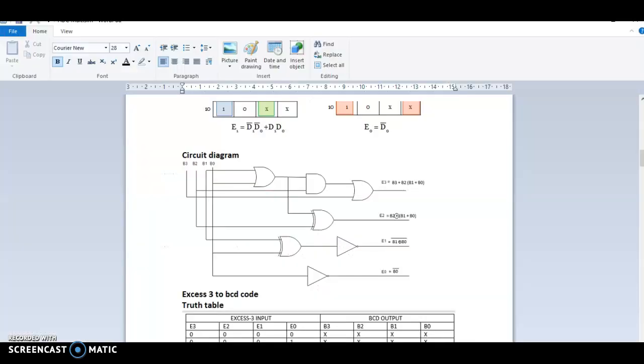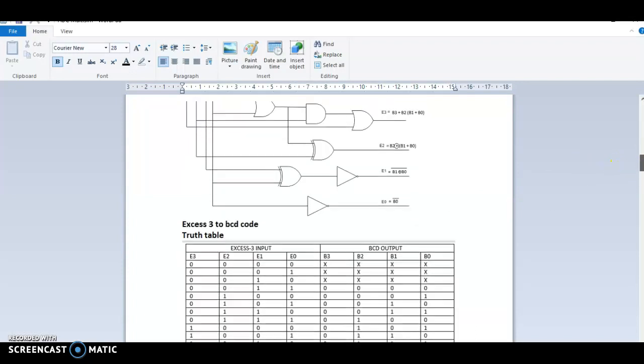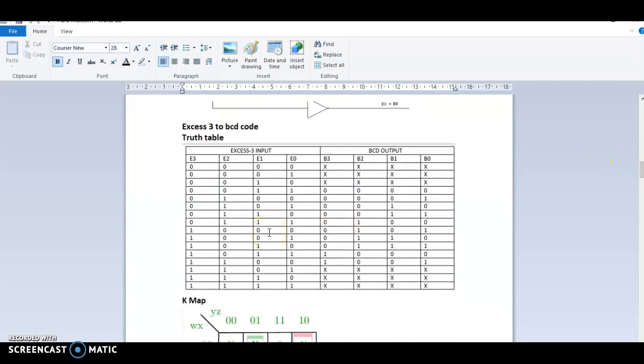Next we are moving on to XS3 to BCD code. It is exactly vice versa of BCD to XS3 code. From 0 to 2, the output value is a don't care function, and after 12, here also it is a don't care function. In XS3 to BCD code, suppose I give a value of 3, the output value is 0.